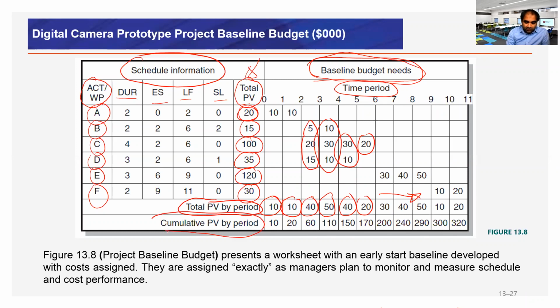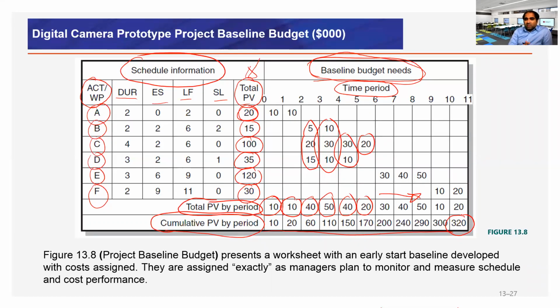Cumulative PV, simply add it up. So add the numbers, it should go to the final amount of the budget. So that's how we formed the project baseline budget, or the planned value PV, during the planning stage. So